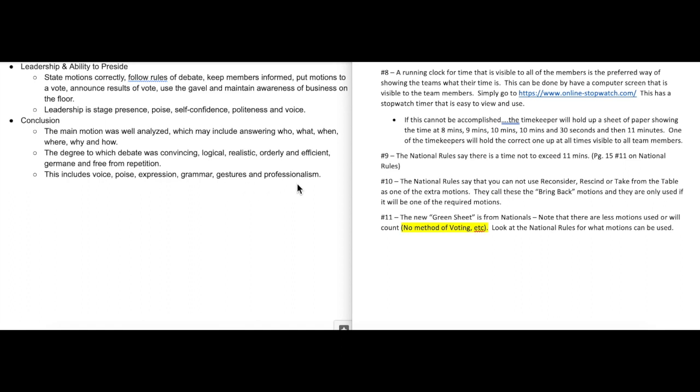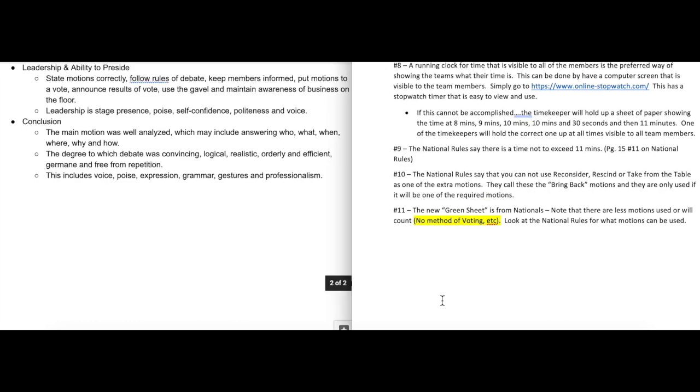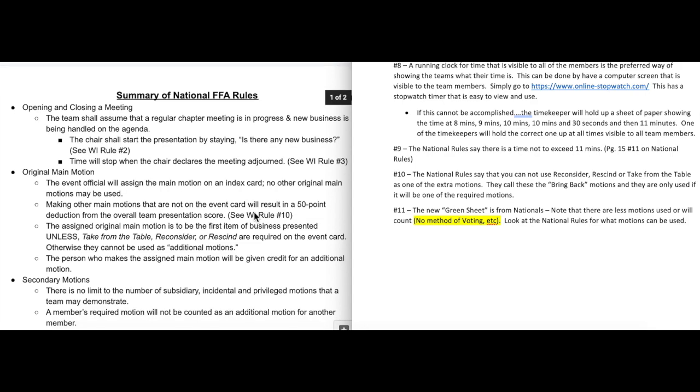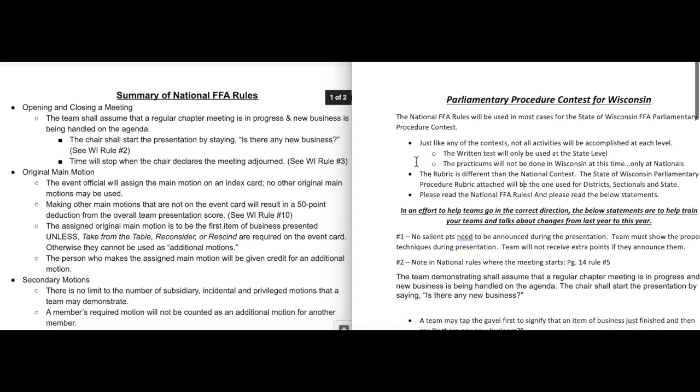Conclusion is more of, did their debates make sense to the end result? So if they were all debating in favor of the motion, did it pass? So using the National FFA rules and with the Wisconsin Parliamentary Procedure Contest rules, you should be able to judge and know exactly what we're looking for in the demonstration. If you need more clarity, again, you can go to the National FFA Parliamentary Procedure CD Handbook,